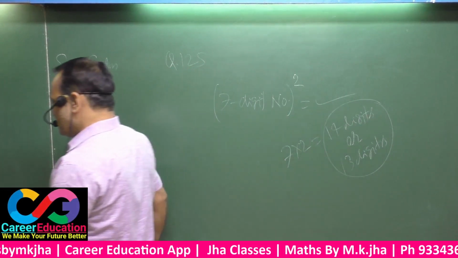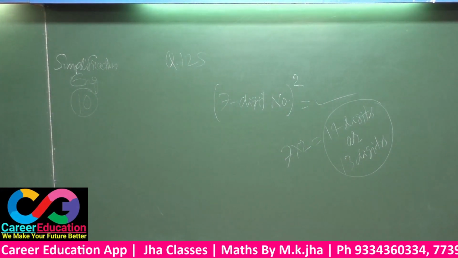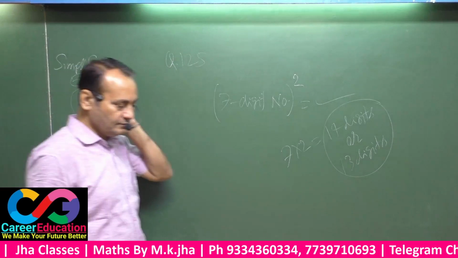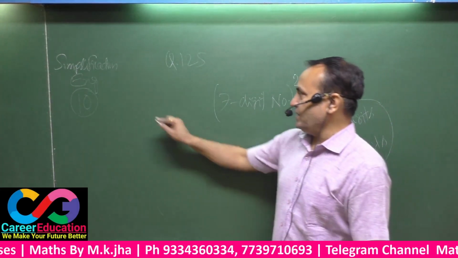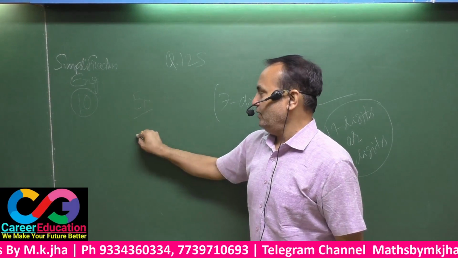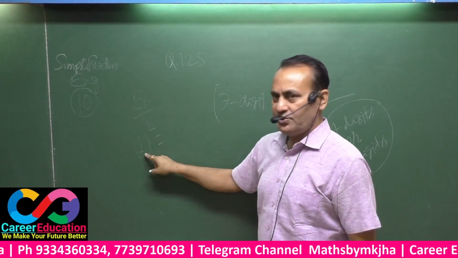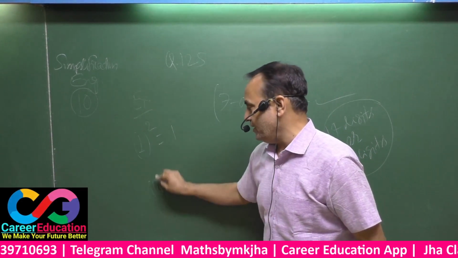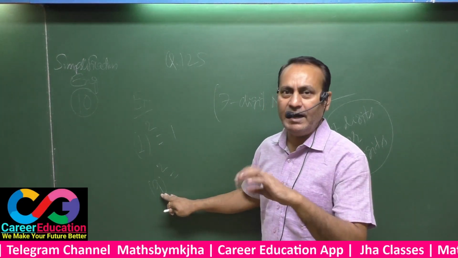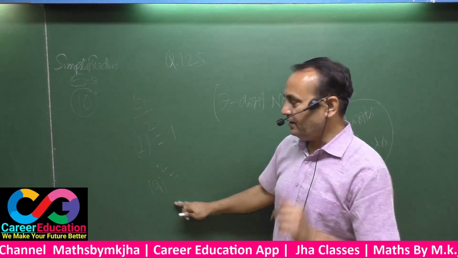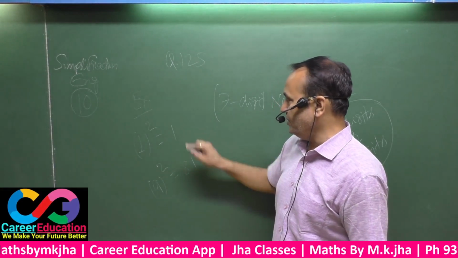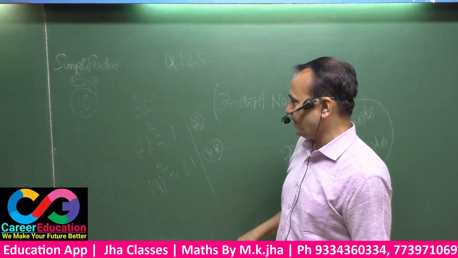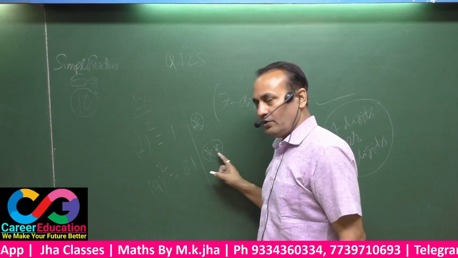I will show you some glimpses of such situations as well. Firstly, note down. See here, if you take an example of a one digit number and get its square, that is 1. If you take 9, which is a one digit number, then 9 squared is 81. See here, here is only one digit, but here are 2 digits.